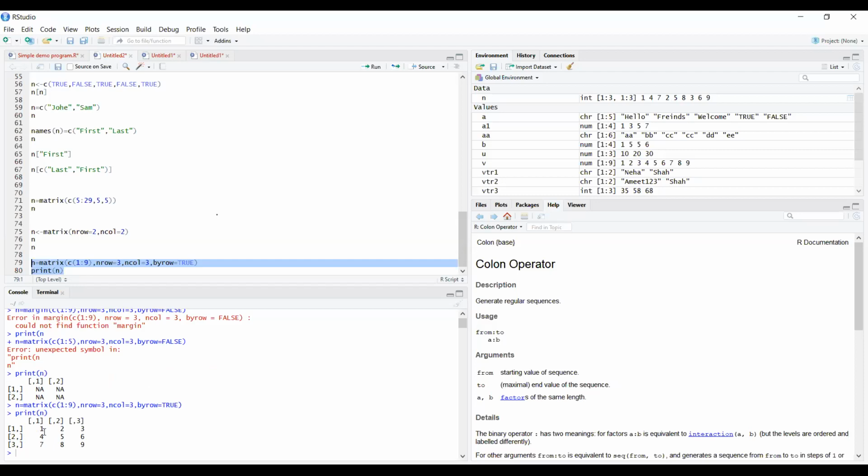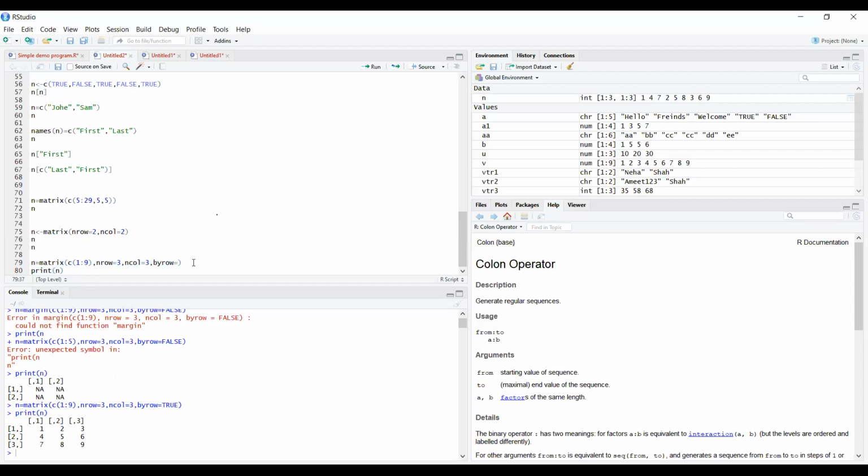In the 3 by 3 matrix you can see that 1 4 7 is in the vertical line, and 1 2 3 is in the horizontal line, ranging from 1 to 9. This is because you have used by row as true.